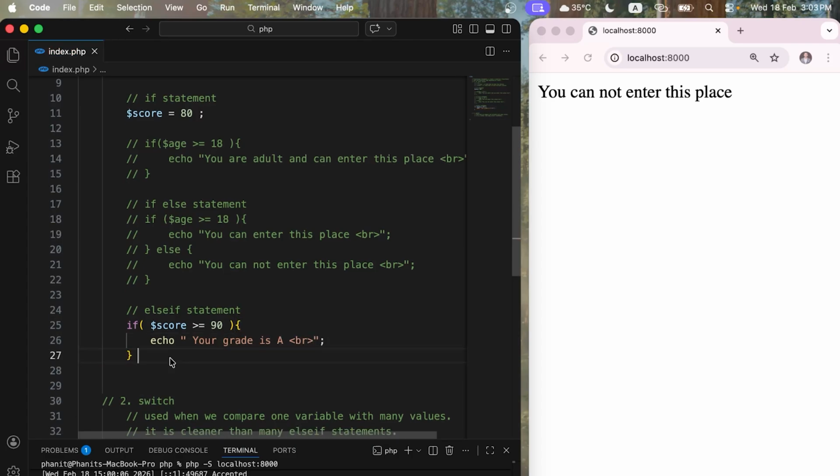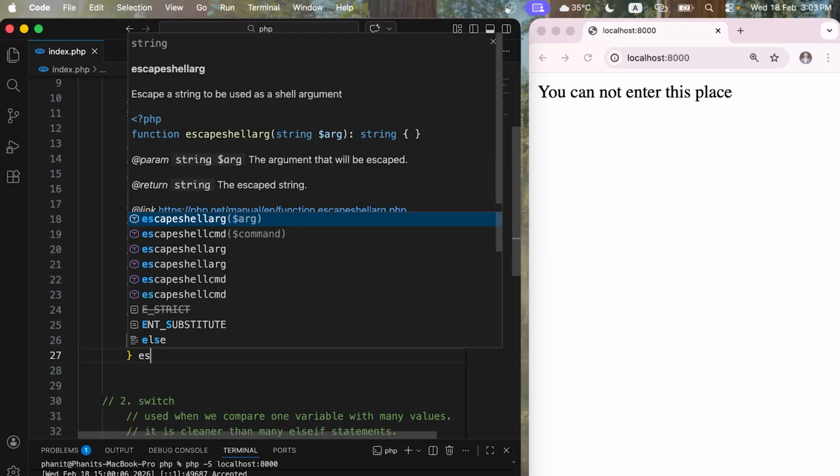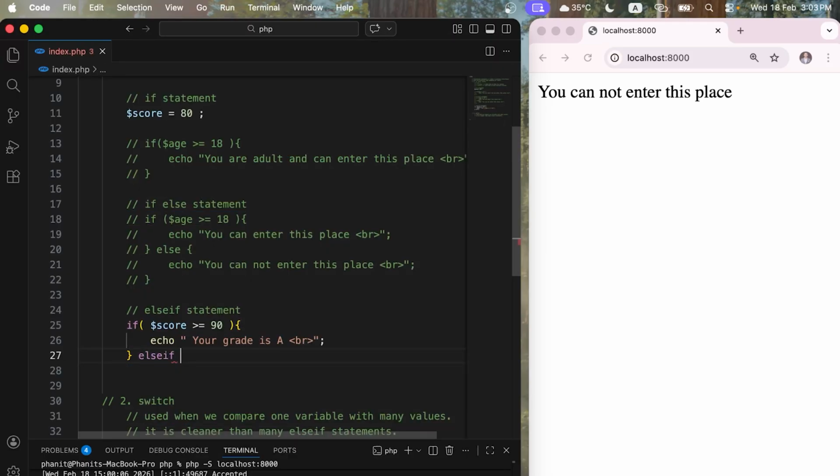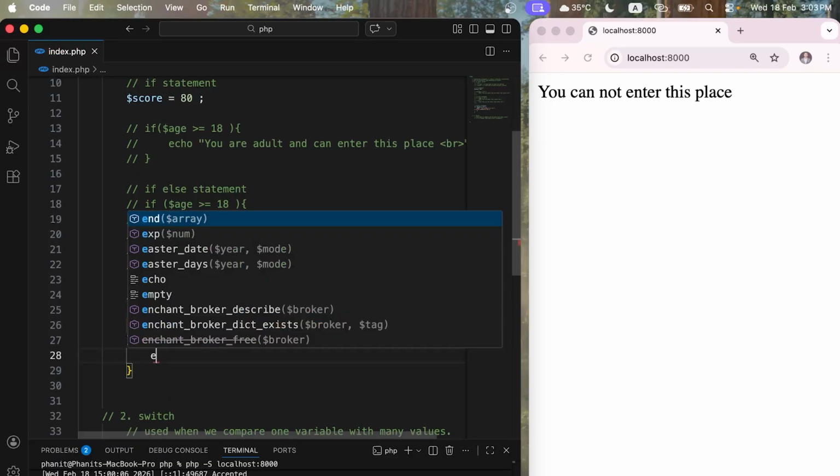So I can add another statement. I can say elseif $score greater or equal to 80, then I can say echo,